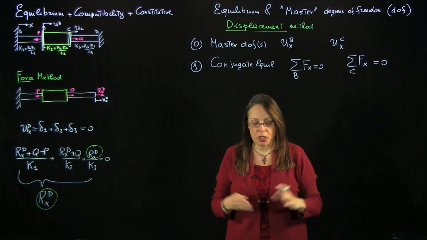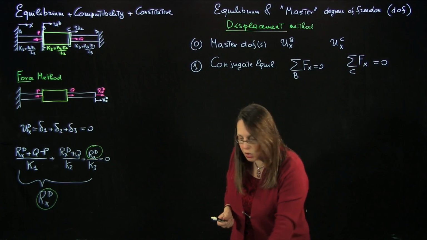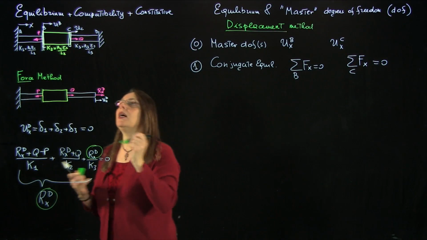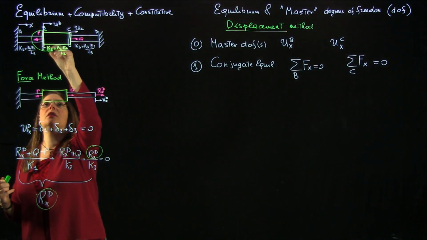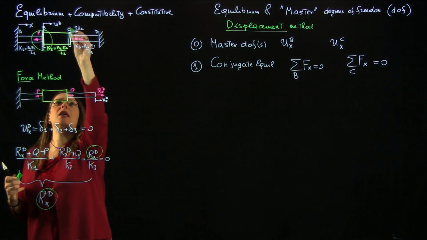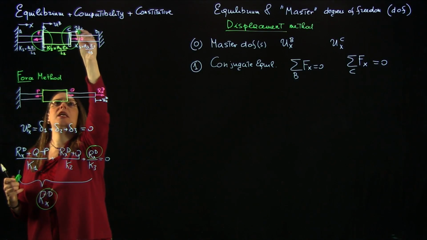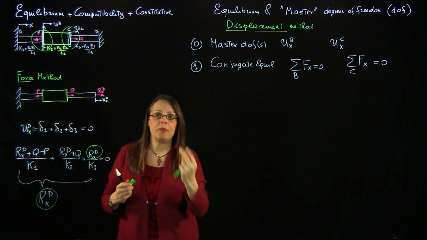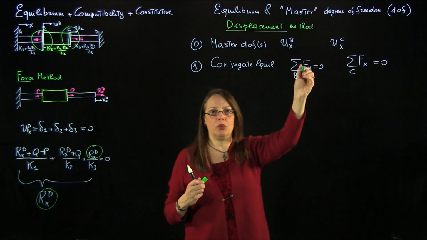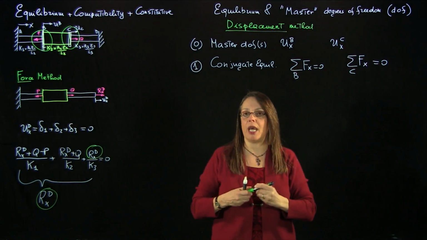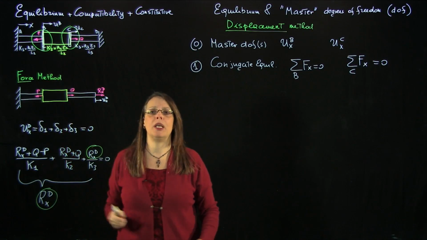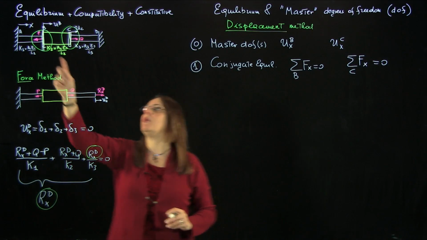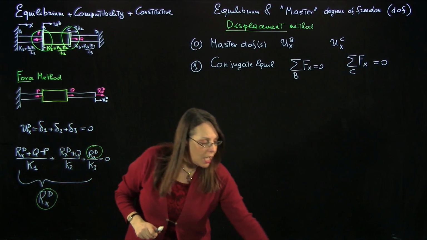Well, in order to impose equilibrium, I have to do my standard trick of doing my isolation bubble. So I'm going to isolate section B, and then I'm going to isolate section C, and I'm going to create two free body diagrams, one free body diagram to do this and one free body diagram to do that. And so if I look at my first bubble, which is a bubble around section B, and by the way, when I do section B, I do not